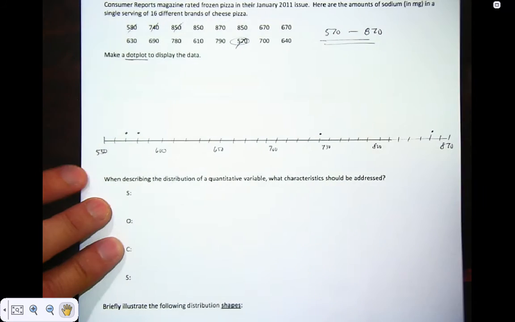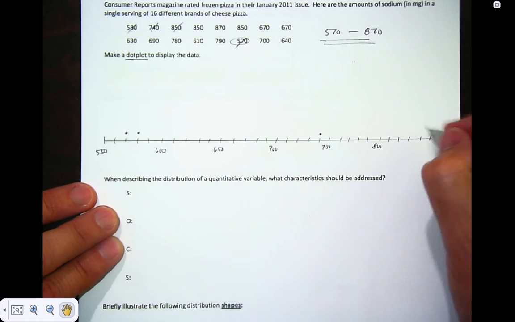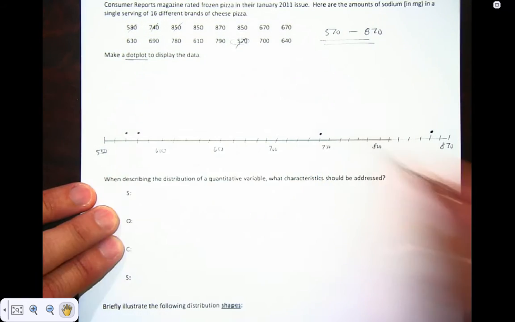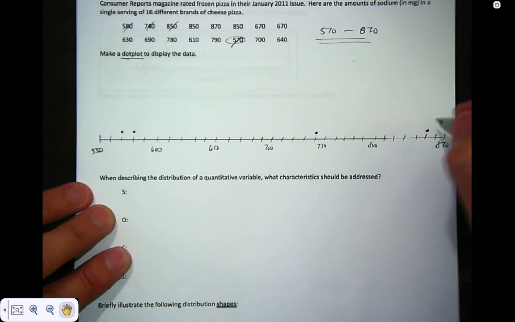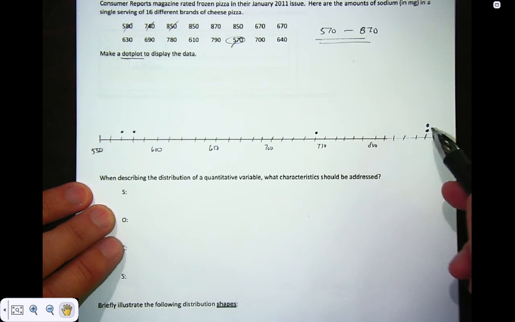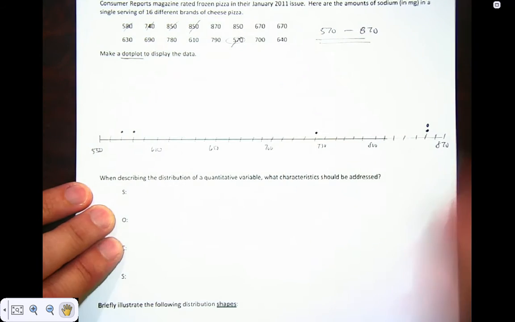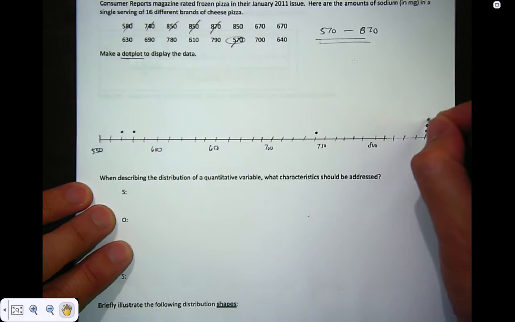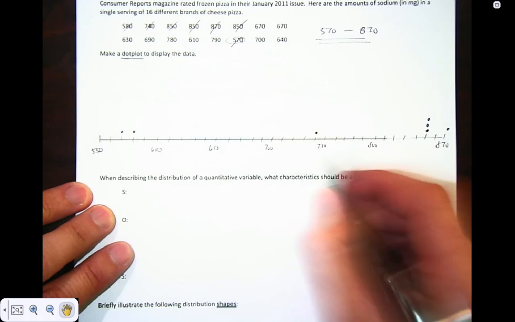850. So this is the first time we have a repeated number. If you have a repeated number, you've put your dots down, it's important that your repeated number goes directly above the other dots so that you can start to see height, so that we can calculate that. And then we've got an 870, and then another 850, and a 670,